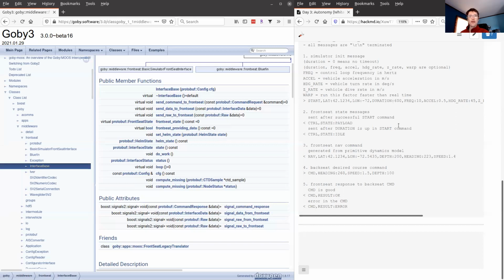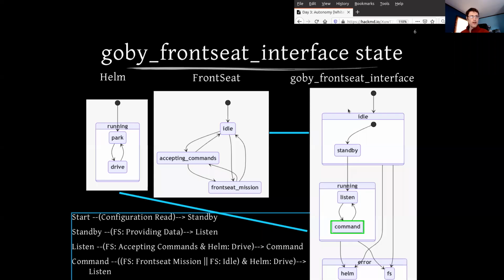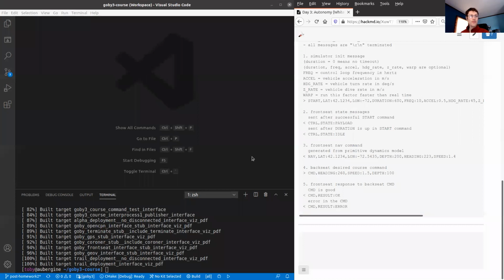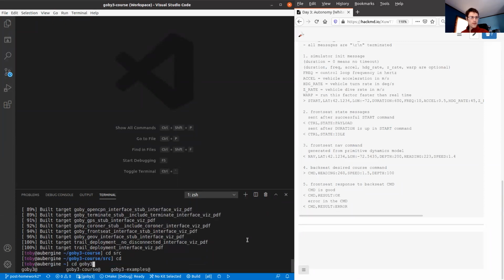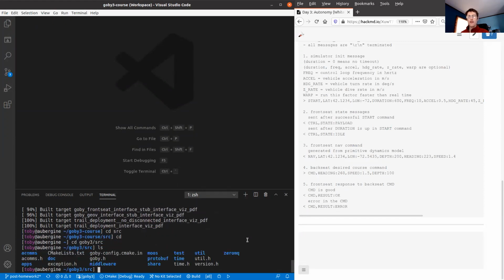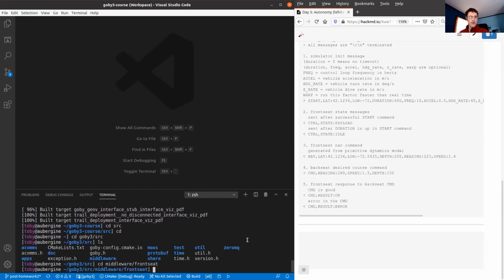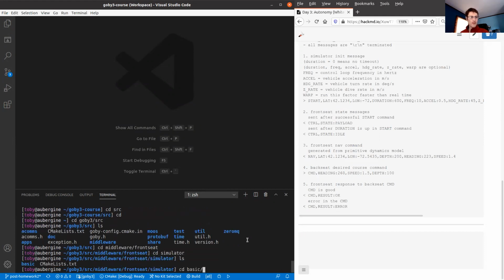So let's take a look now at the code for the implementation of the driver for this basic front seat simulator. That's within the Goby project, Goby3 SRC middleware front seat simulator basic.